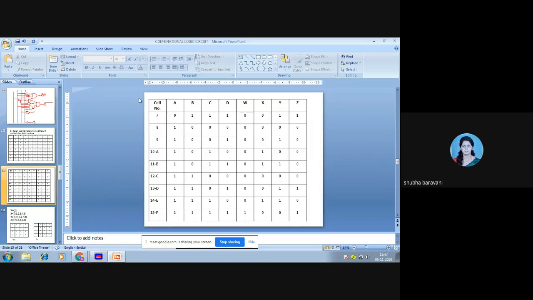Completed the truth table? You all completed the truth table? Shall we proceed?